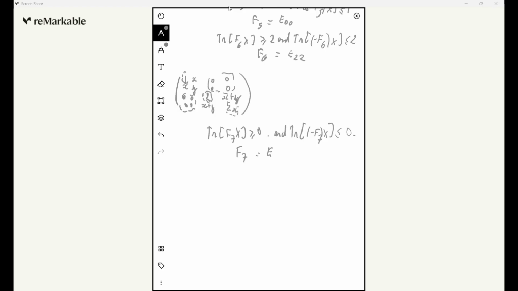So we need 2x, so yeah, we need this to decide about e01 plus e10 minus e33. And so finally we need